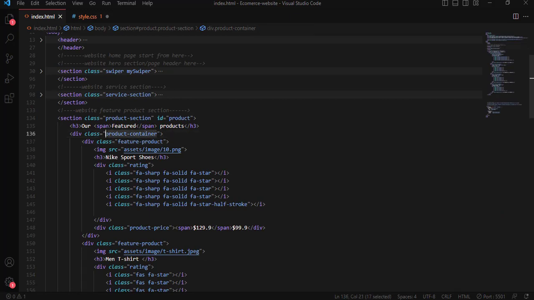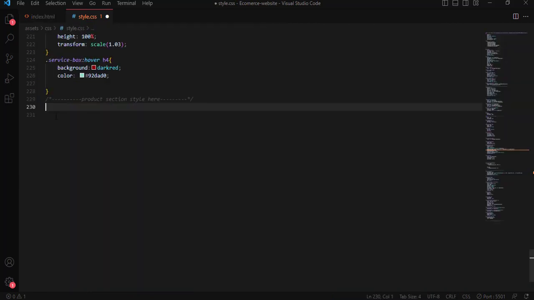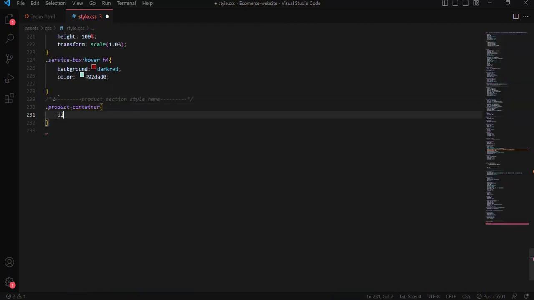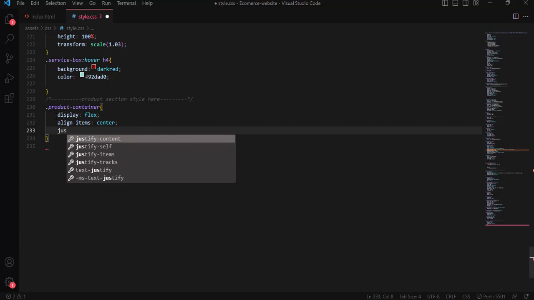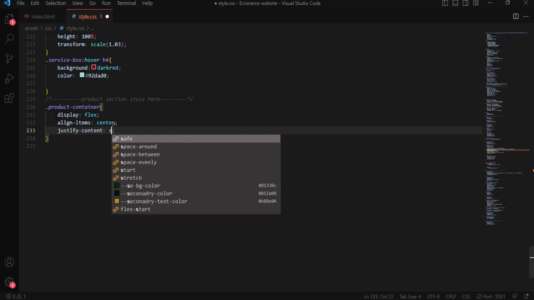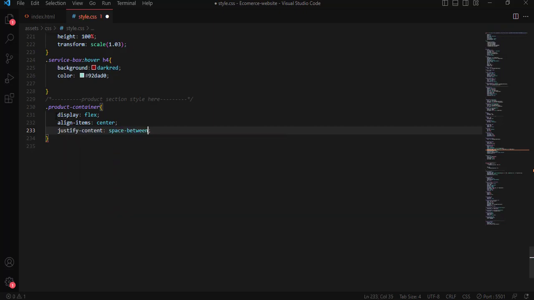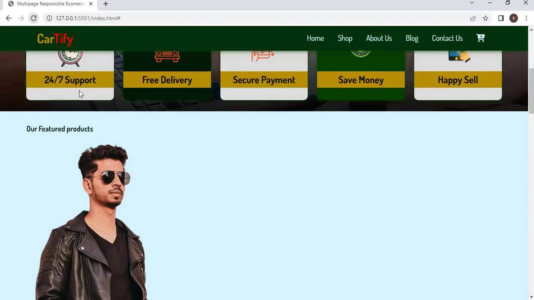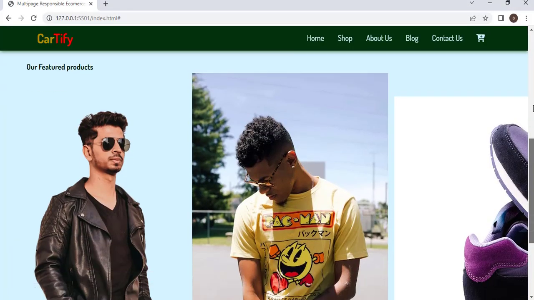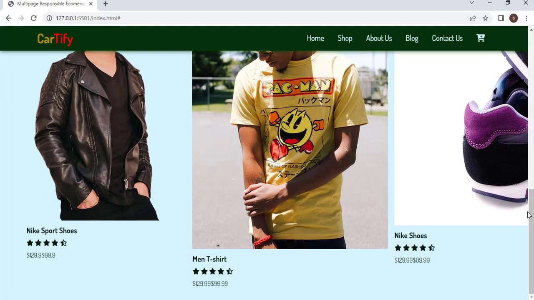So to style this, first we are going to use this class selector right here, product container. So now let me add some property value pairs. Display flex, align items center, justify content. It's better to use space between, and gap between these products 1 rem. So now here we have, you see,